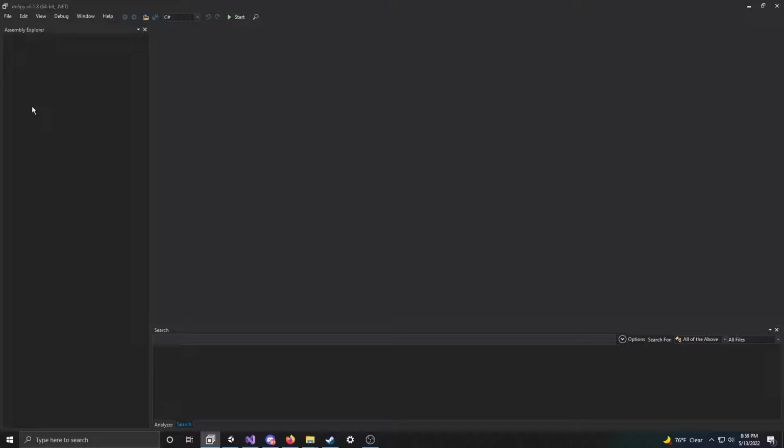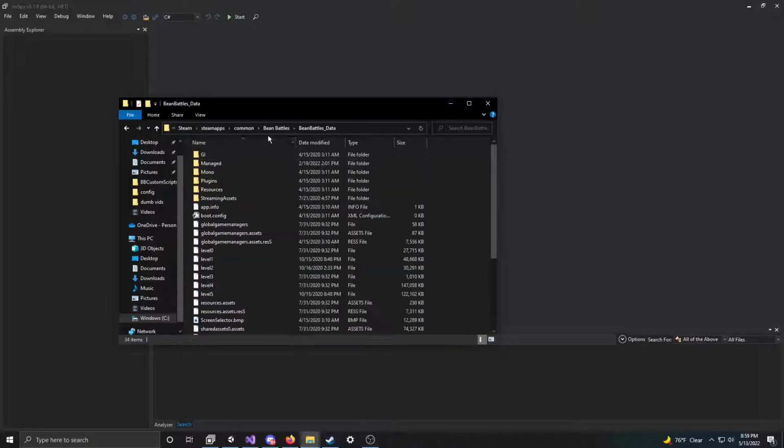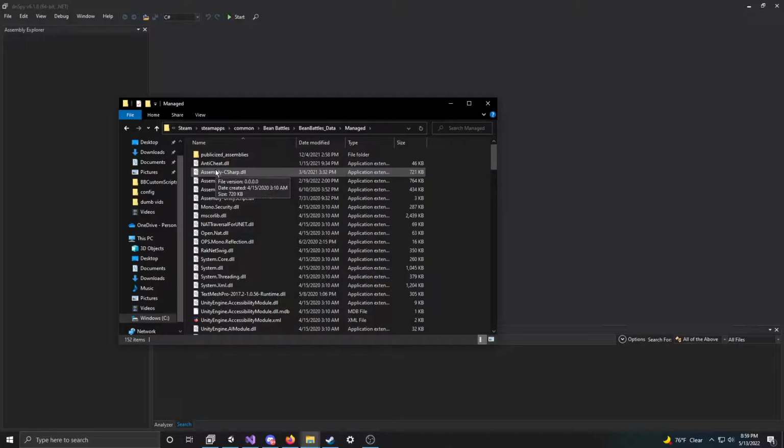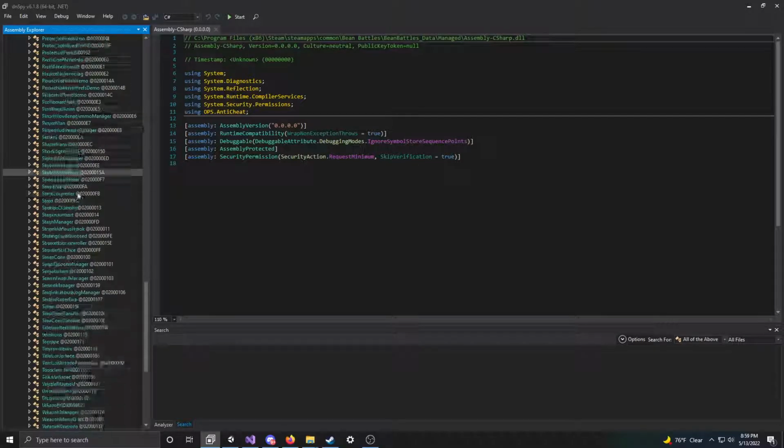DLL files. And Unity, all of Unity's code is stored in a DLL file. So I can access all of Bean Battle's code if I just go to the Bean Battles directory, go to Bean Battles underscore data, managed, and you see assembly-c#.dll. I can just drag that into dnSpy, and it'll pretty much immediately decompile everything. Then you're going to want to open up assembly-c#.dll, and then you see a bunch of these different namespaces. You're just going to want to go to the blank namespace right here with just the dash and open that up, and that should have all of Bean Battle's code inside of it,